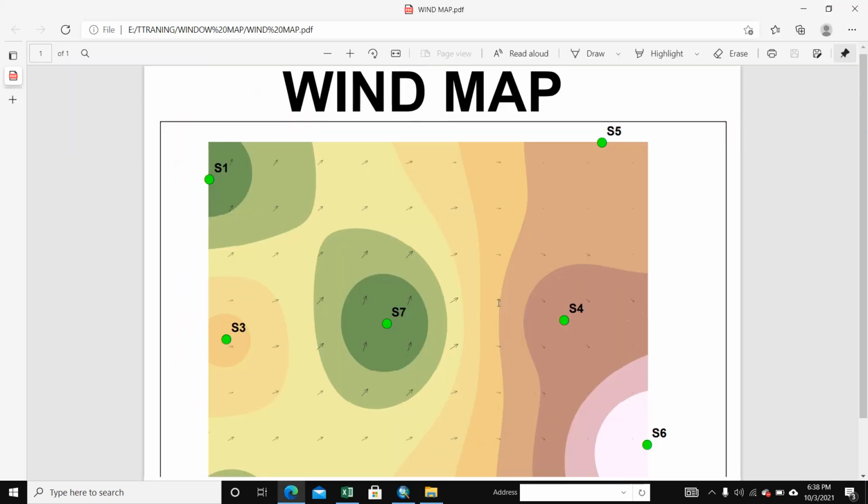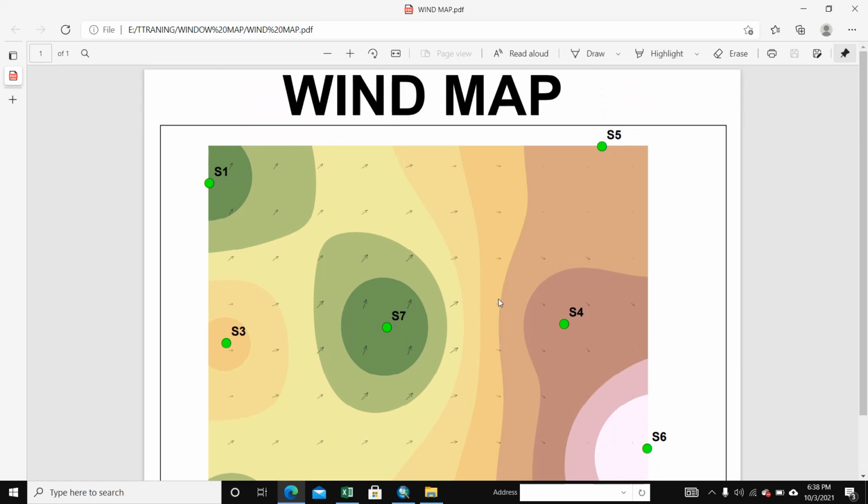Here is created, wind map is created, wind map is created.